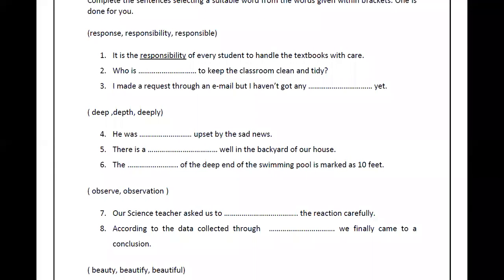Right. So we are going to the seventh one. Here you have two words, observe and observation, which look almost similar. Observe means you're looking at or you're seeing or you're noticing. So when you're going on the road, you can observe what is around you. Observation is the act of observing. When you are observing something, there's an observation. So observe is a verb and observation is the noun, right?